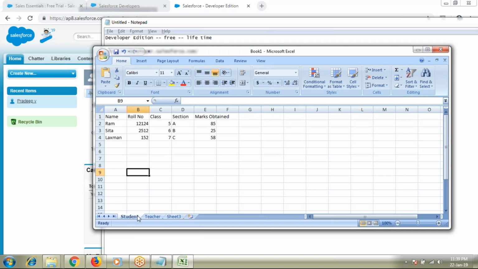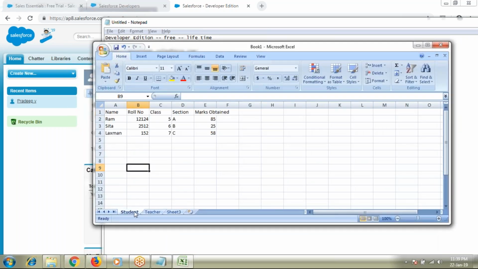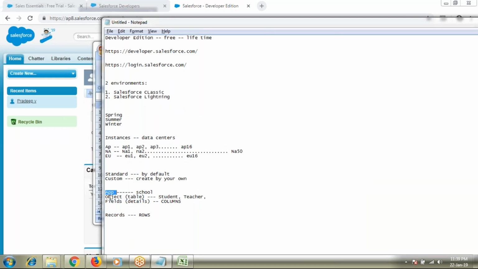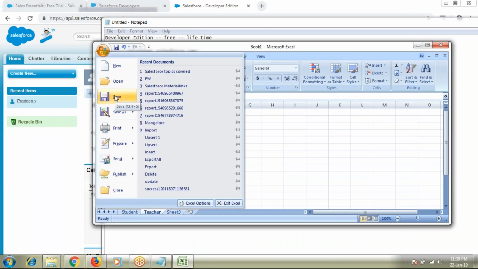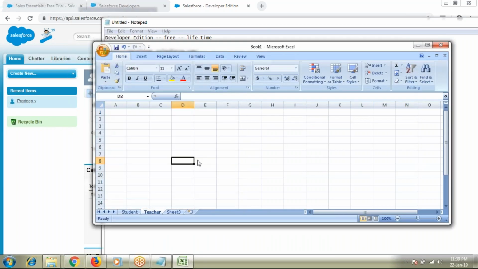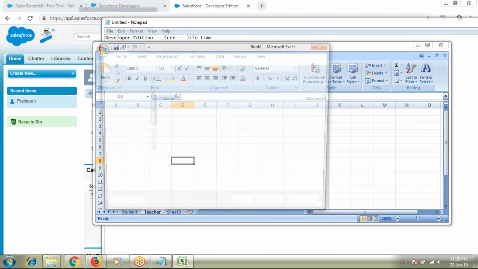Each tab, each sheet is an object. So in one single Excel sheet, like how we can have multiple sheets in one single application, we can have multiple objects. When I save this entire sheet, I'll save this as a school Excel sheet.